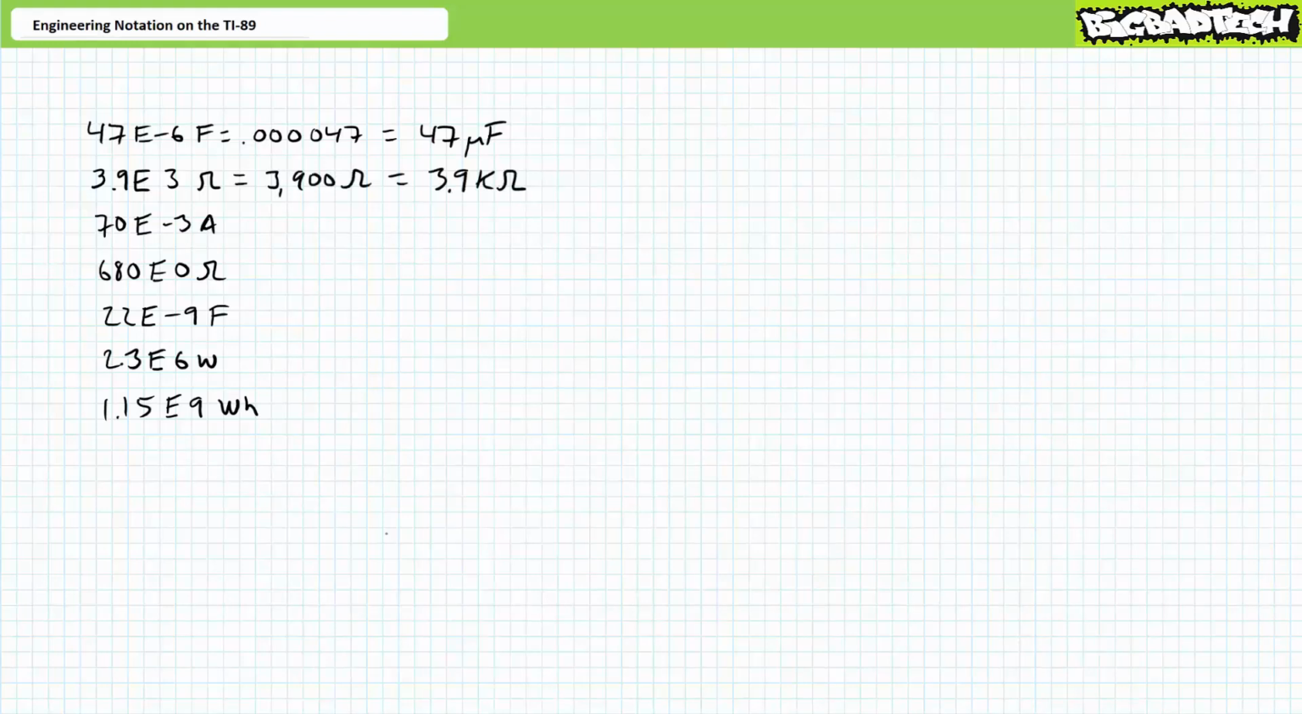3.9e3 means take 3.9 and multiply by 10 raised to the third, or 1,000. 3.9 times 1,000 is 3,900. The engineering prefix associated with 10 raised to the power of 3 is a kilo, so I could say this